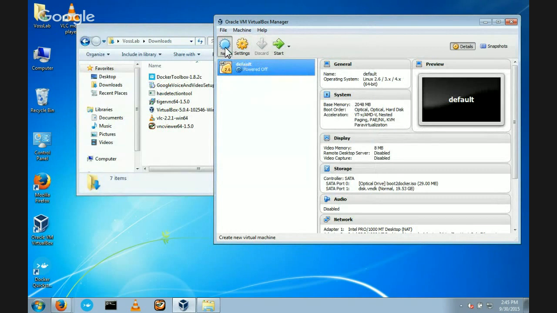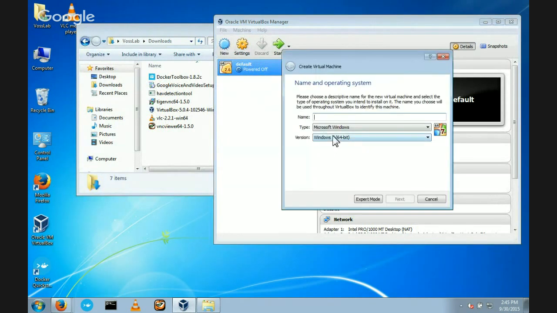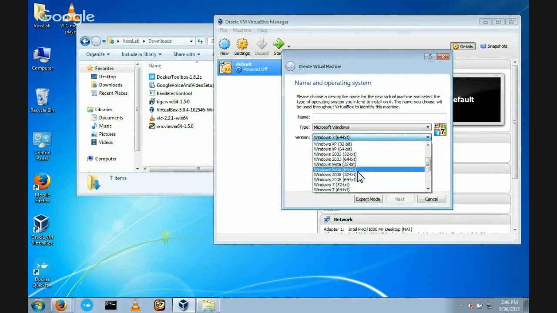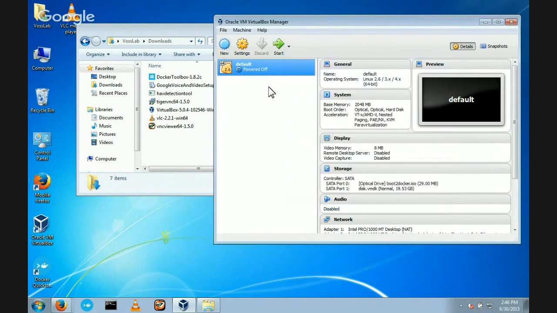If I click on new, I should see Windows 64-bit right here. When my thing was not working, it only let me select 32-bit things. So here I have choices between 32-bit and 64-bit. When the virtualization is not set up correctly, it only lets you do 32-bit. So if you are working with a previously installed Docker that did not work before, my recommendation is take